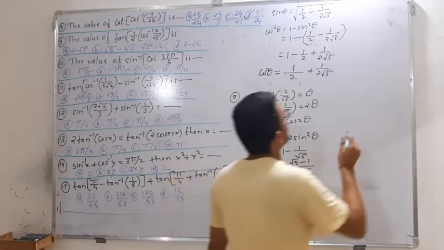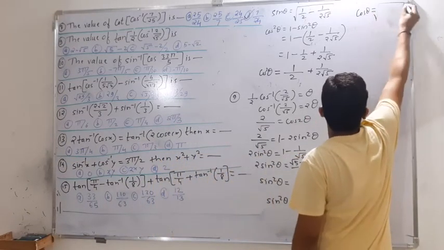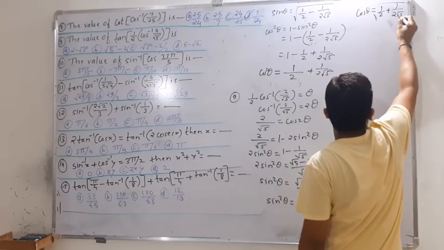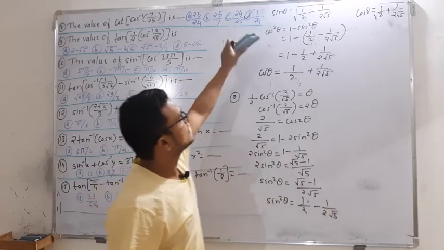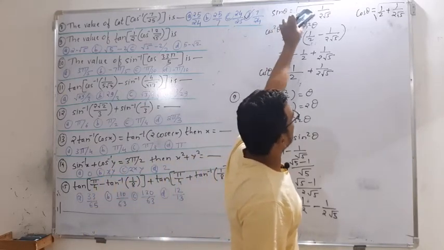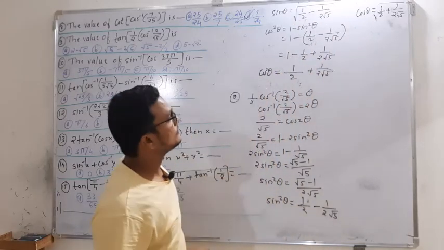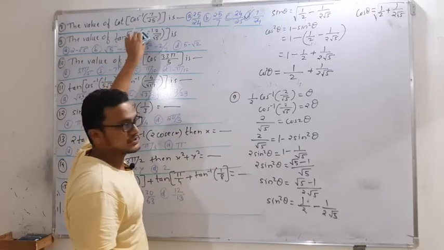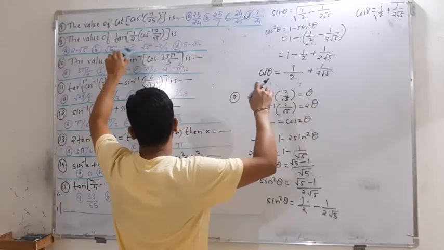Then what is the value of cos theta? So cos theta is equal to the root of 1 by 2 plus 1 upon 2 root 5. Here we got sin theta as the root of 1 by 2 minus 1 upon 2 root 5, and here it is plus. Now what value do we want? Tan of this function, but this function I have denoted by theta.